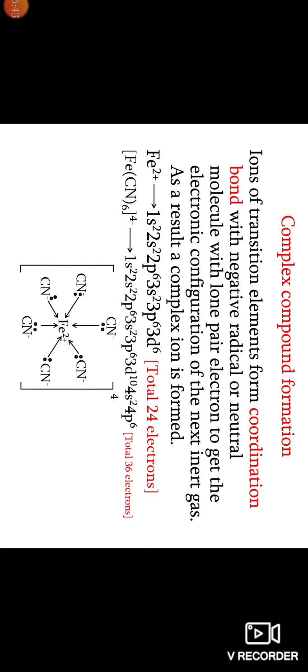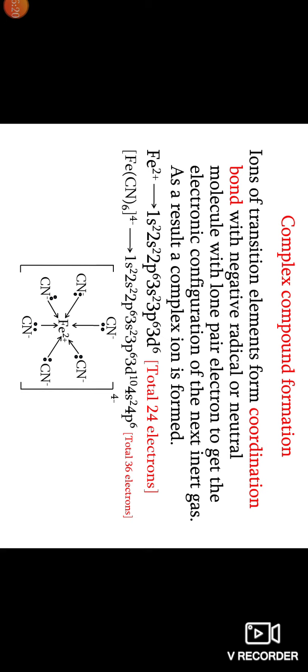For attaining the electronic configuration of krypton, it manages 12 electrons from 6 cyanide radicals by forming coordination bonds, because every cyanide radical can provide one lone pair, that is 2 electrons. So it needs 6 cyanide radicals to cover the shortage of electrons and to make the total number of electrons 36. So 6 cyanide radicals form coordination bonds with the central metal ion, and a new ion is formed